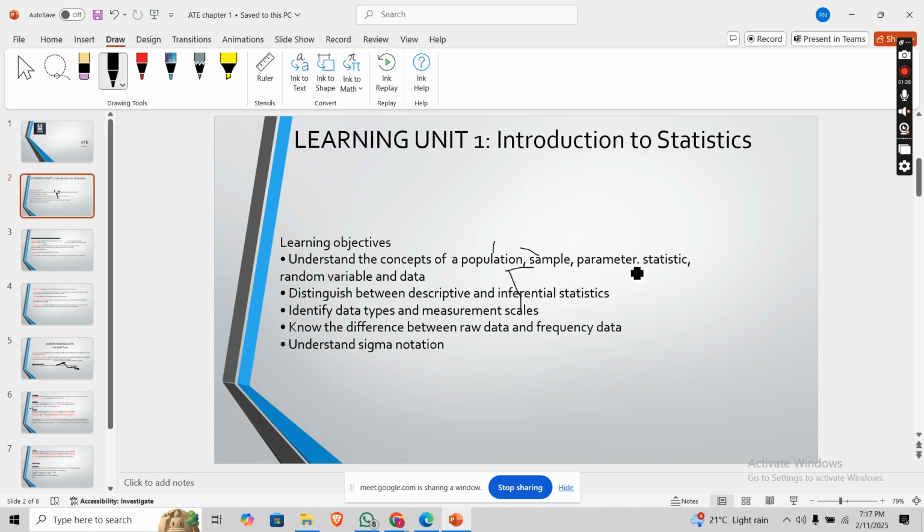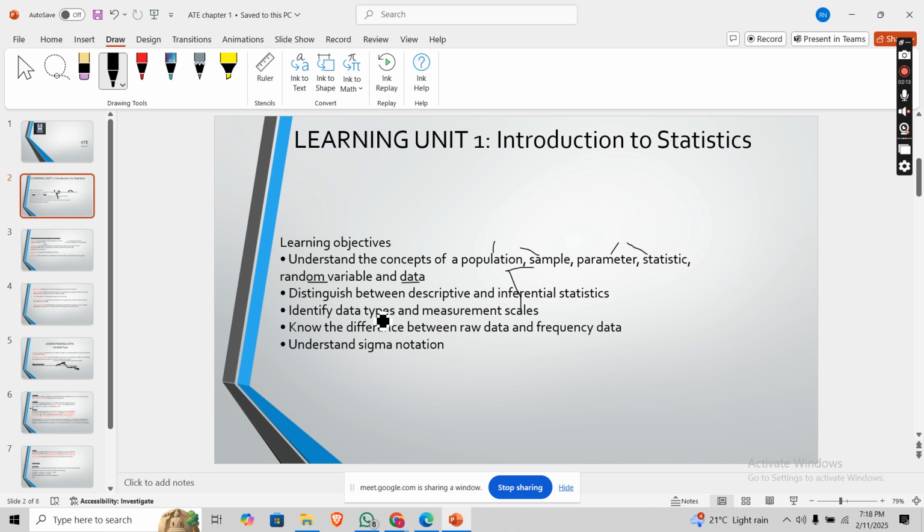We're going to be dealing with parameter and a statistic. I need you to draw another table, and on the left column write parameter, and on the right column write statistic, because a parameter and a statistic are similar in some manner but not the same, so it's important to understand them by looking at both of them at the same time. Then we're going to be dealing with the random variable,